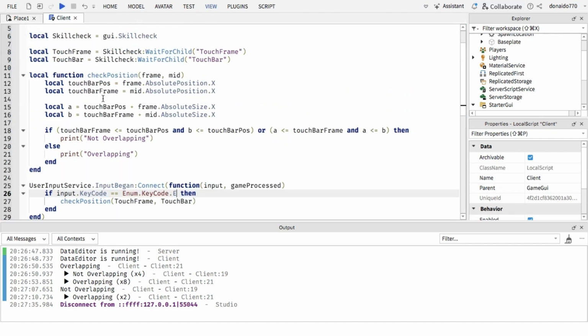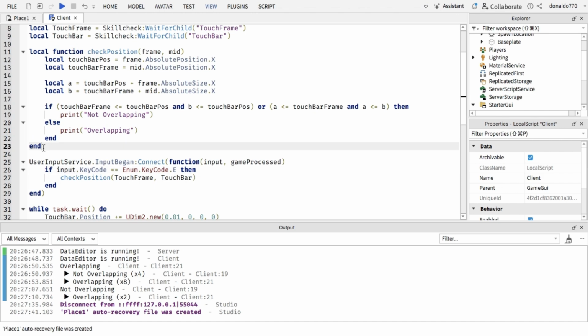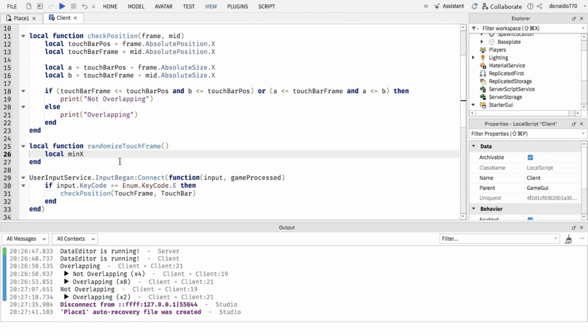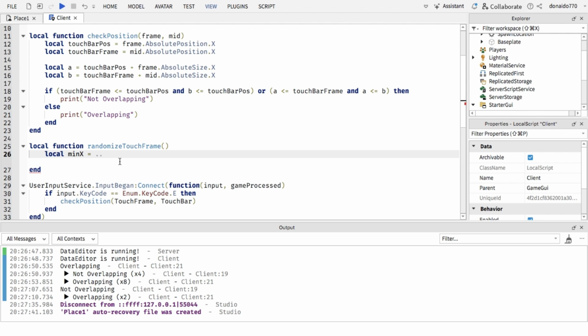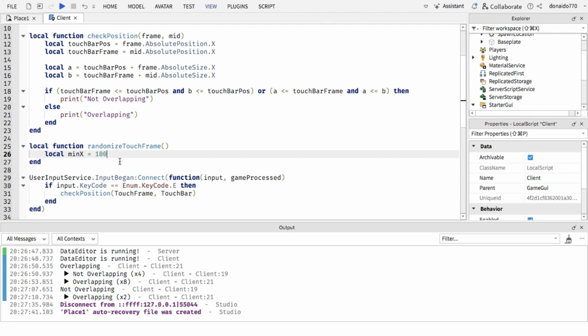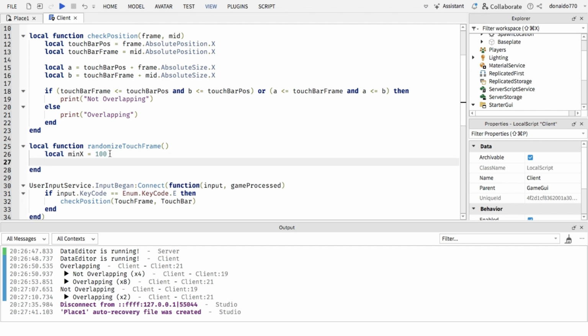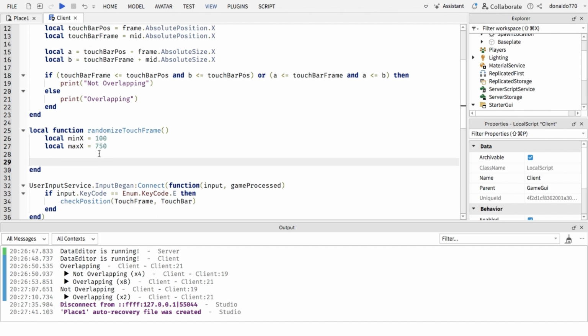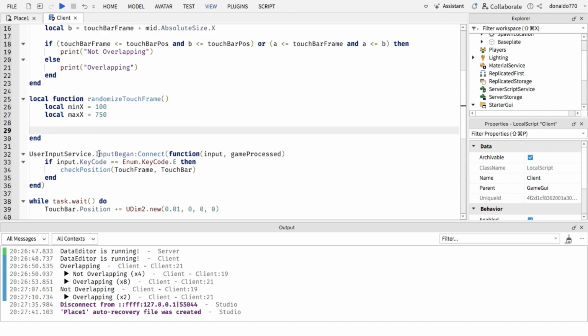So what we're gonna do is get the local function here. Local function randomizeTouchFrame. Remember, min x equals, let's say, 100, because we're gonna do pixels instead of something else. So local max x equals 750 for me. Now what we're gonna do is actually change the position, so we need the touch frame